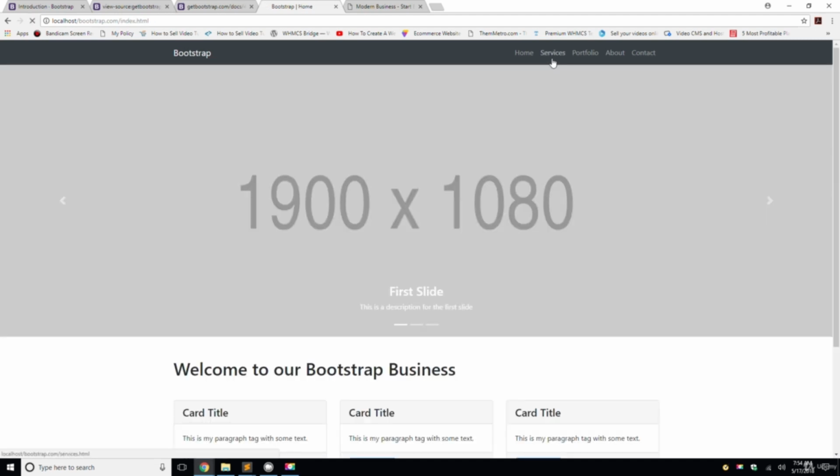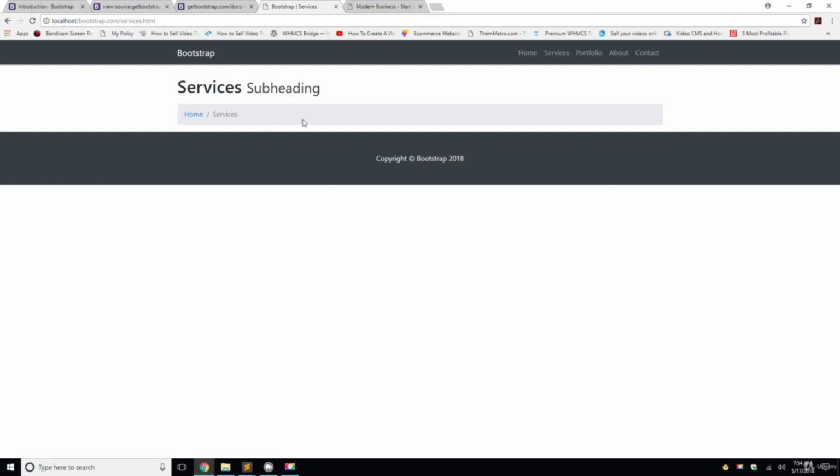Now, it's better to use this if you're doing like a photo gallery, or you want to have a sub navigation. That's what this is. So if we were in services and we clicked on something else and you wanted to show that, you could. You know, it's a valuable tool to use. So let's go back to our project,